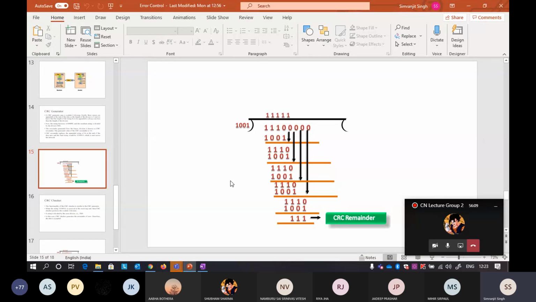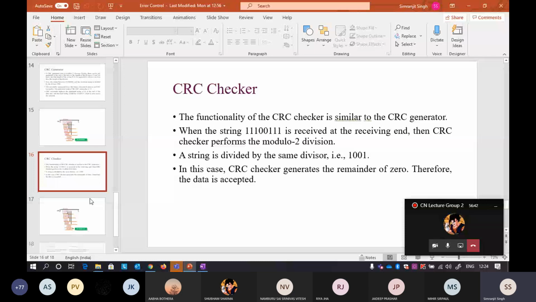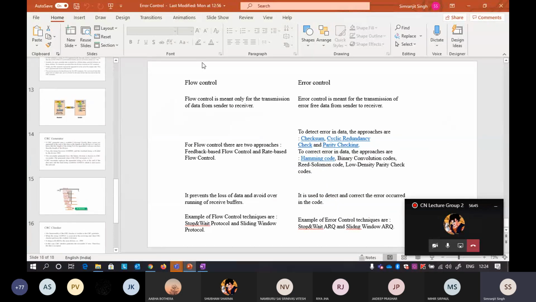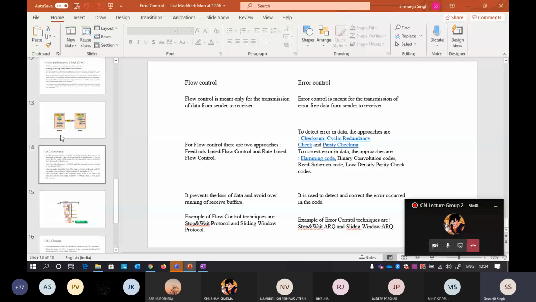Okay, so when you are calculating CRC, you have to know the CRC generator first. Based on the CRC generator, if the CRC generator has n bits, you have to add n-1 zeros to the end of the sender's data. Another thing is your CRC will be based on the number of bits of the CRC generator. So if your CRC generator has n bits, n-1 CRC bits will be generated here. This is the example given to you. You can check it out, it is for your own reference. And again, the difference between flow control and error control is also given.